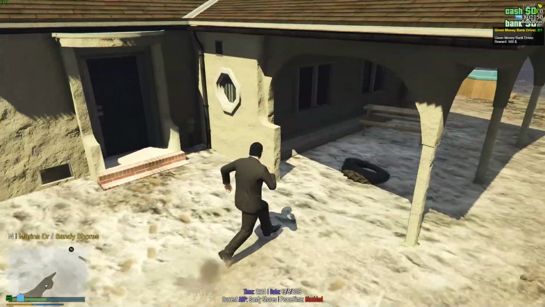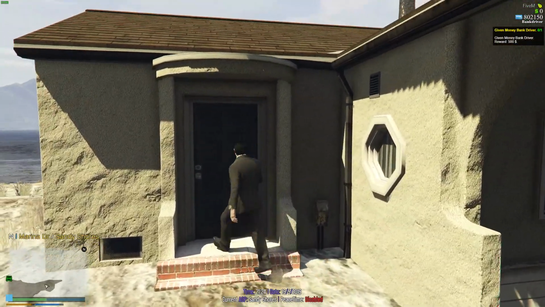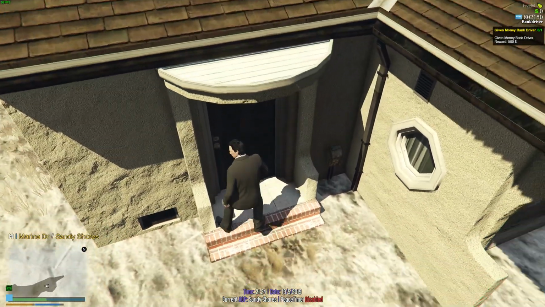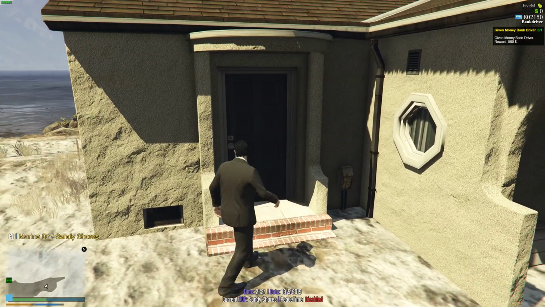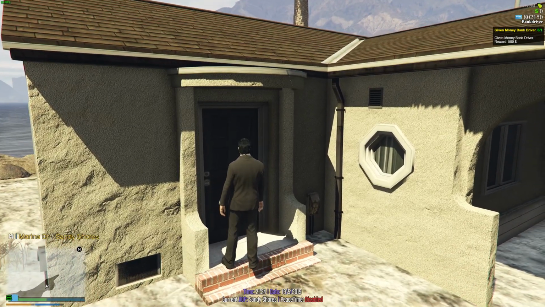So if that's not making sense for you guys, let me give you a really quick visual representation of what I'm talking about. Right here, right now, we can't go in this front door, right? But we can have a teleporter on the ground, a green circle right there, and you'll come up to that, and then it'll allow you to enter the house. And then what that'll do is,